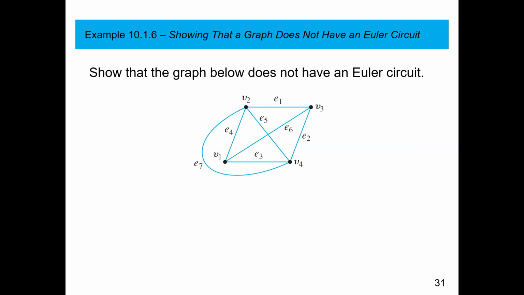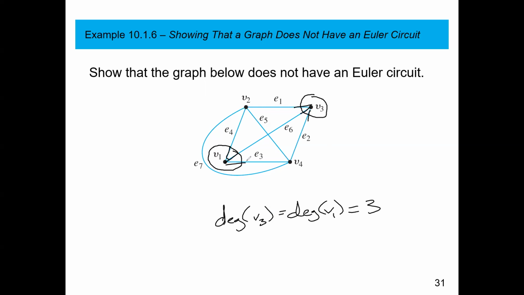And the answer to that is very simply no. And it's easy to see because you just look at either V3 or V1. The degree of V3 equals the degree of V1, which is 3 for both because they have 3 edges coming out of them. 1, 2, 3. 1, 2, 3. We're just counting here. Now, because that is odd, it tells us it's not